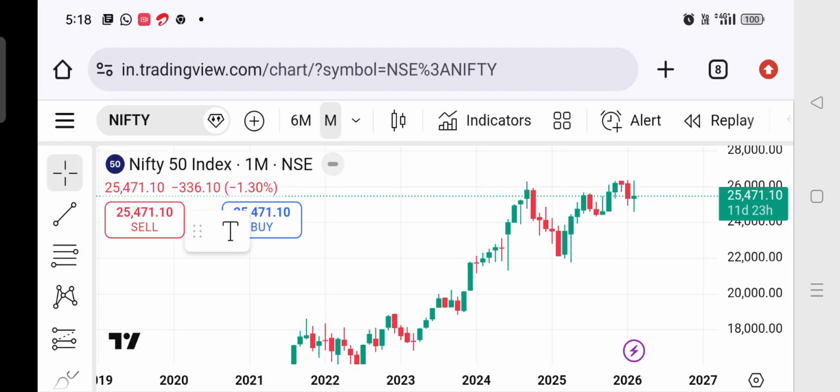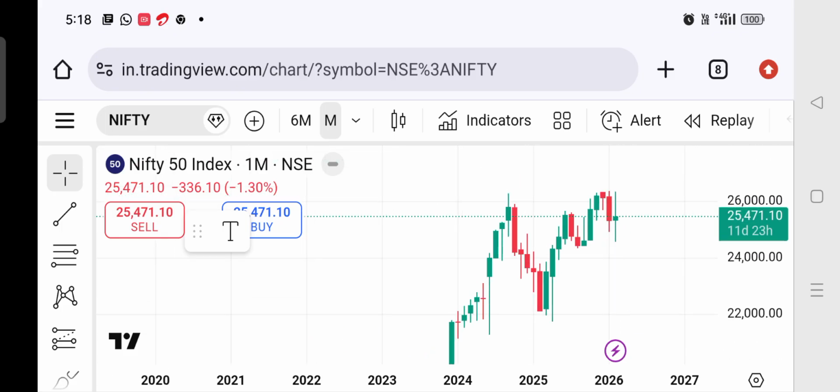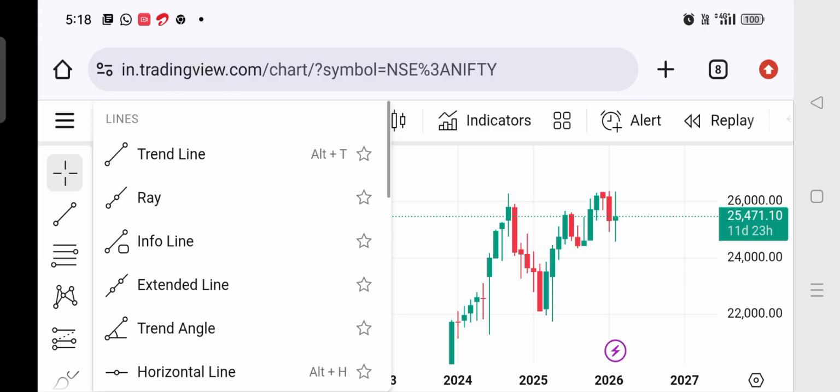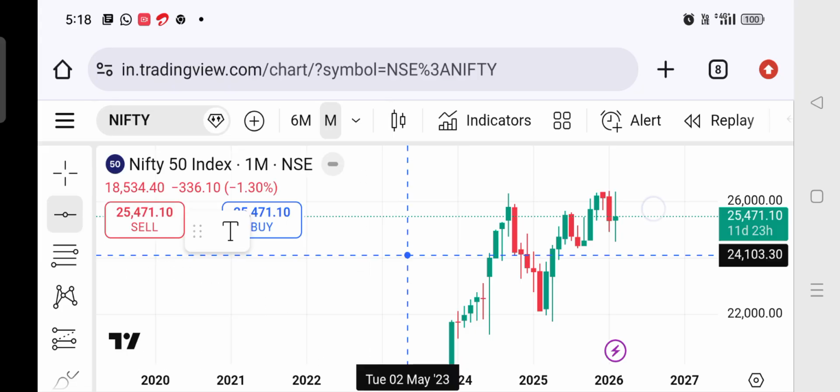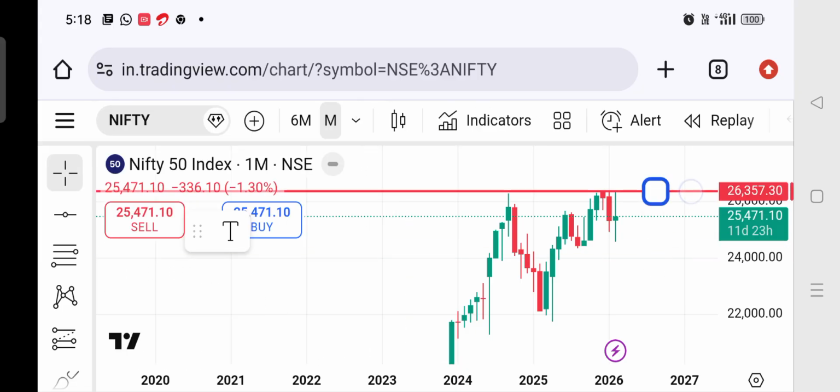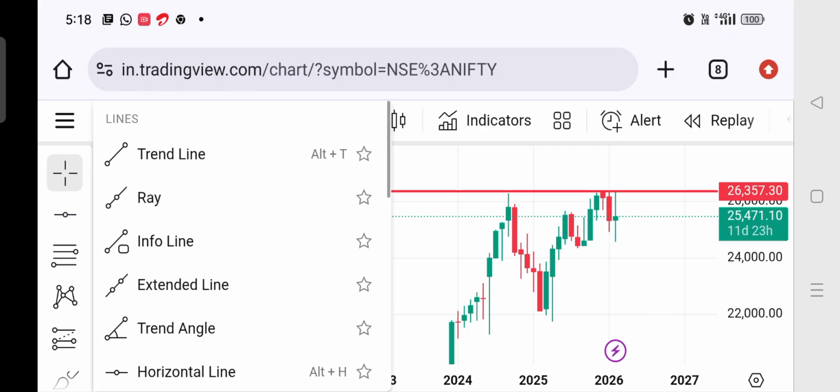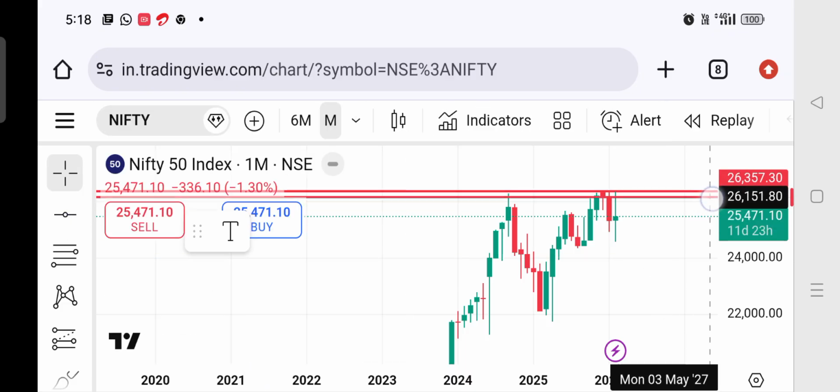We will see for the Nifty 50. Okay, so we will go on analysis in the today. I will mention for higher high. Okay, after we will go to analysis the